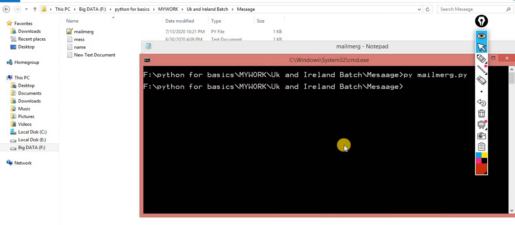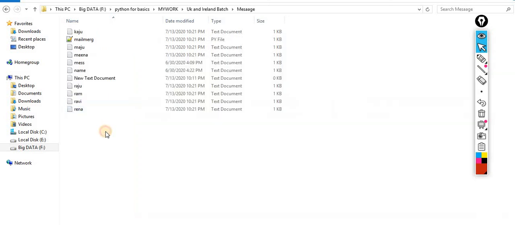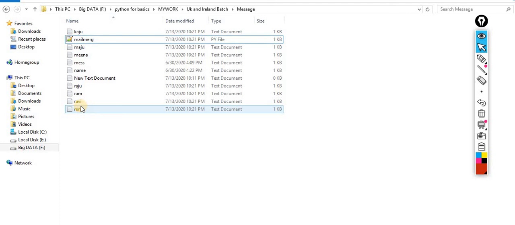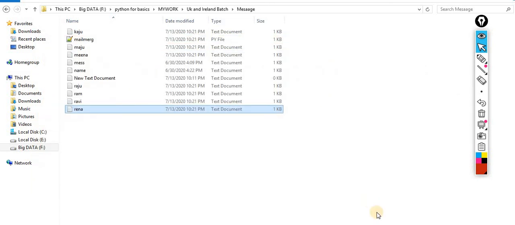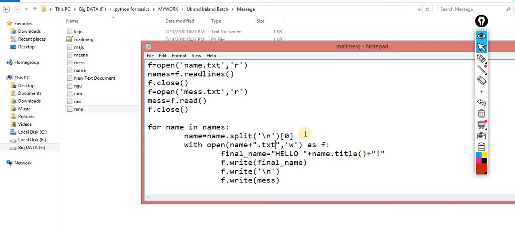Now execute it. Now the files are ram.txt, ravi.txt, reena.txt. Now you can check it out. Hello, Reena, with the exclamation sign. Whatever you want to do, if you want to add a subject over here, you can add subjects. The choice is yours. This concept is called mail merge, because sometimes you have this type of problem, and it is solved by this. Here the names are very few. I give you the task: just mail these letters to these persons.